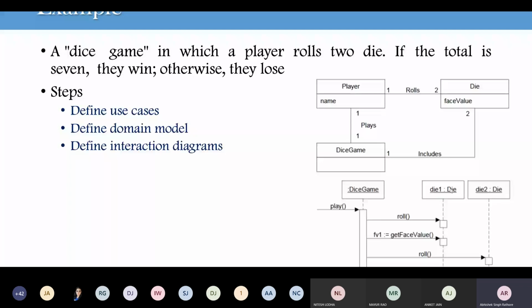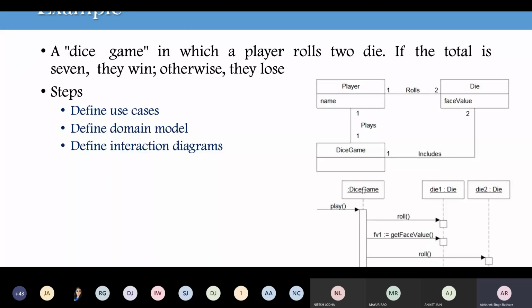This is an unnamed instance of the dice game class. I have not written any name for this instance, because this application has only one instance, so we do not need to write an instance name here.